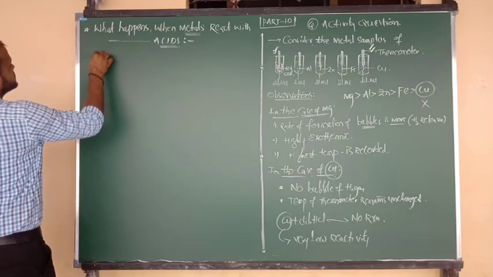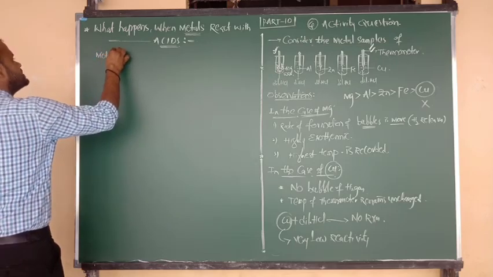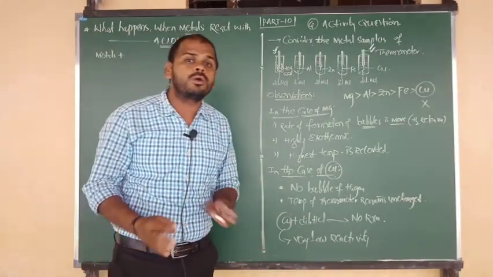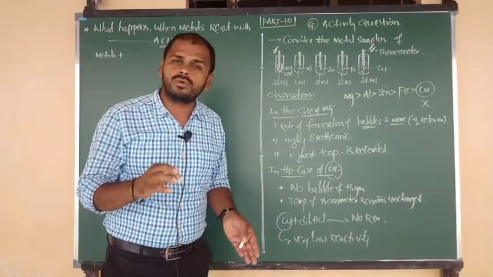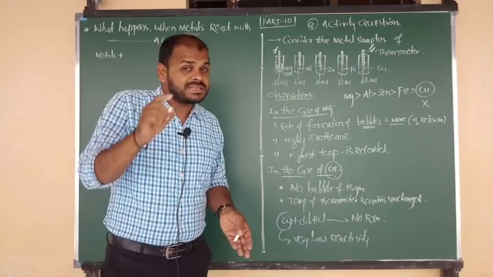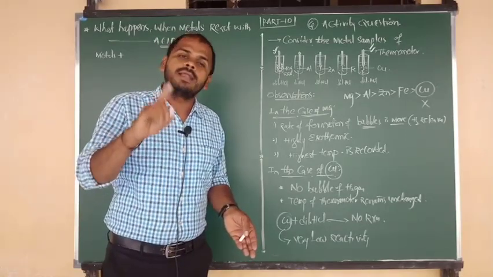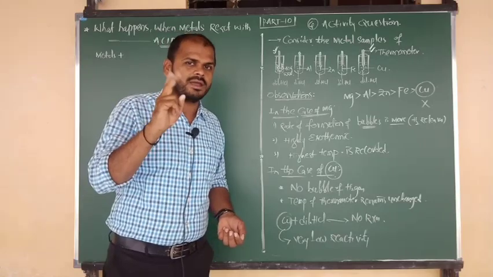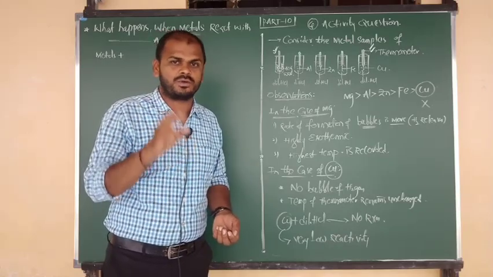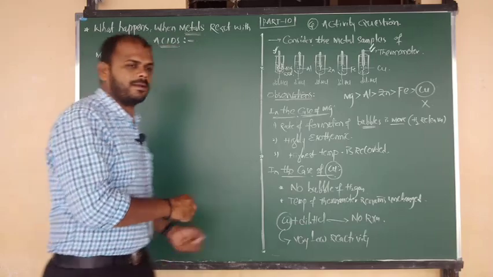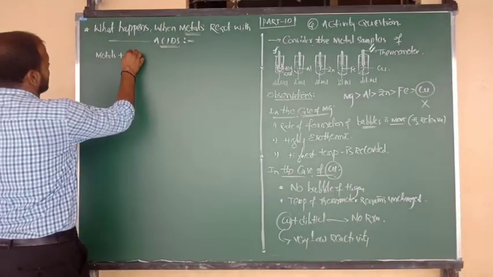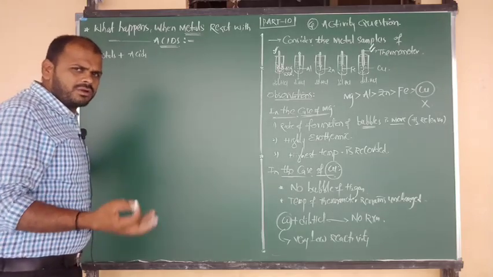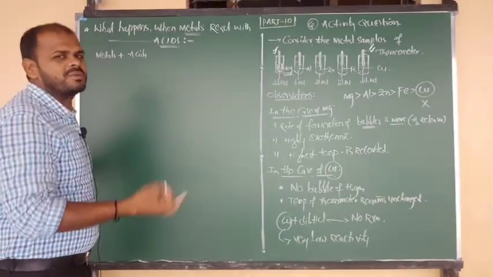First of all, I am going to consider the metals on reaction with hydrochloric acid, sulfuric acid, and a special case is HNO3, nitric acid. I will tell you that also, but try to wait for that. Try to remember any two acids, one is HCl, one more is H2SO4. Remember these two first, okay beta? Good. So metals on reaction with acids, and also you can consider dilute acids. If dilute, then automatically the reaction will proceed, beta.